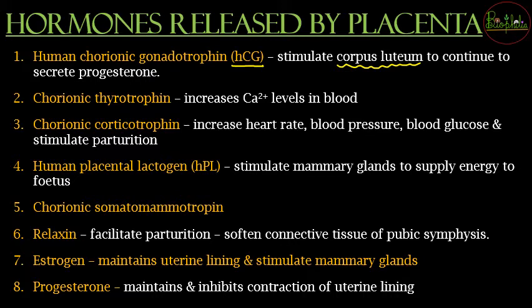The second hormone is going to be chorionic thyrotropin. So it is going to increase the calcium levels in the blood. Even the mother as well as the fetus both need the calcium ions. So calcium ions need to increase in the blood level so that along with diffusion, these calcium ions can also reach the fetus. So for that reason, taking calcium out of the bones, or absorbing more calcium from the food that the mother is consuming, all those things will be increased because of this second hormone.